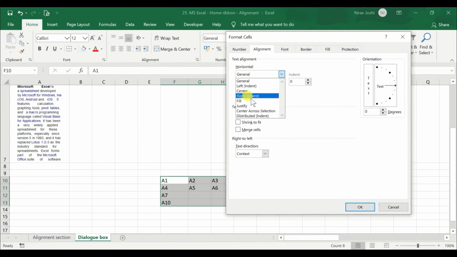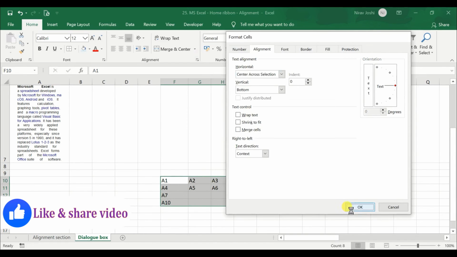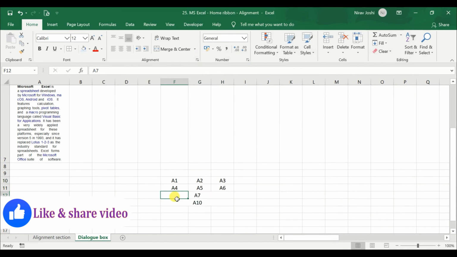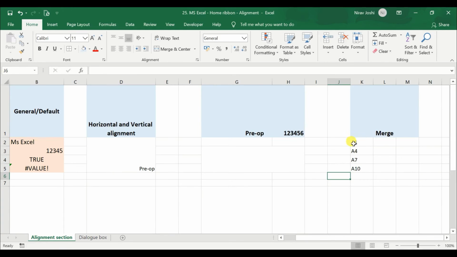So when you select this center across selection, what happens? It will show this kind of format which was similar to the merge across. So in merge across, we also had a similar kind of outcome. So here also, these cells are merged and the data is written from the left side.